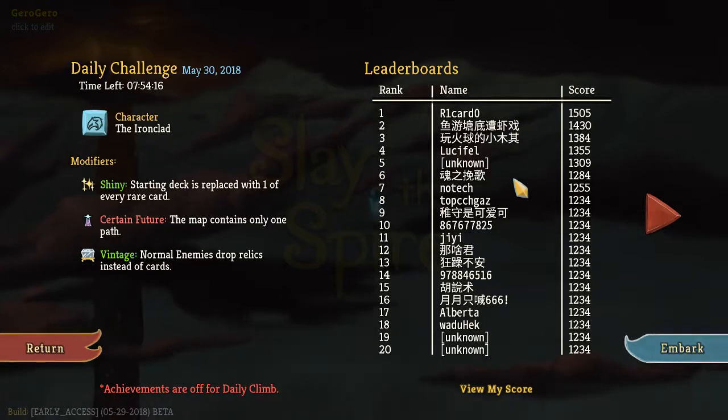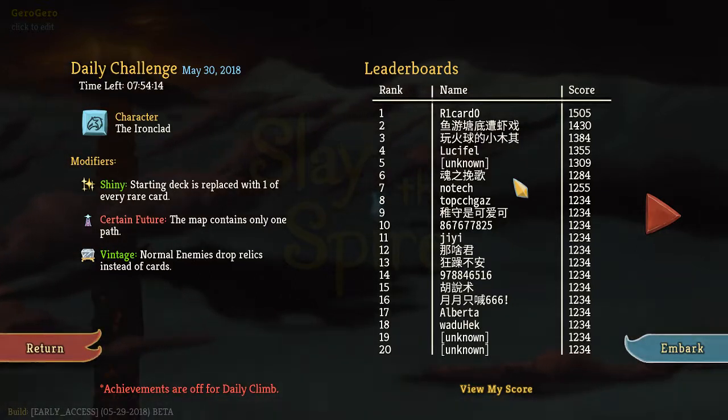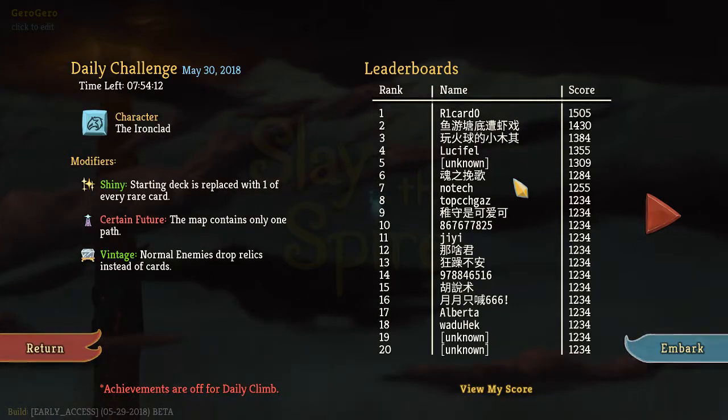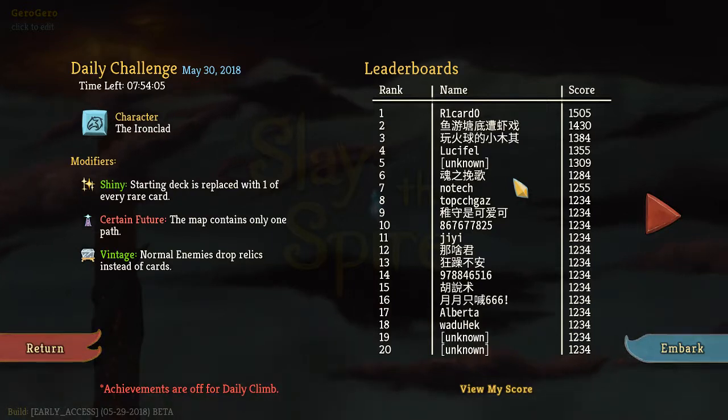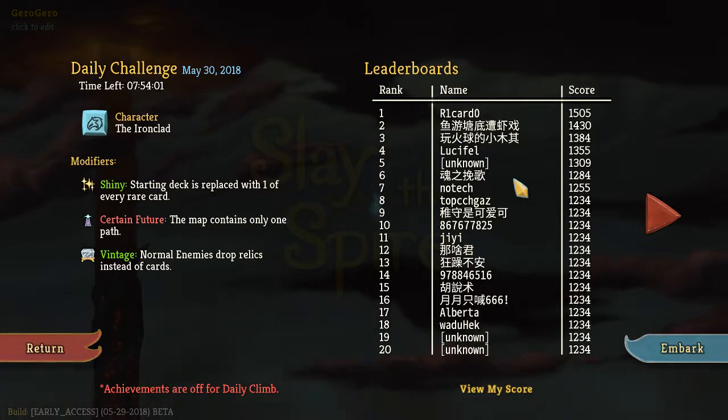This is the Ironclad May 30th daily and it looks like it'll be a little bit of a tough one. Very difficult run. Shiny is insanely difficult to use. Certain Future is one of the hardest modifiers in the game in my opinion, and Vintage means that we're going to be stuck with a deck of